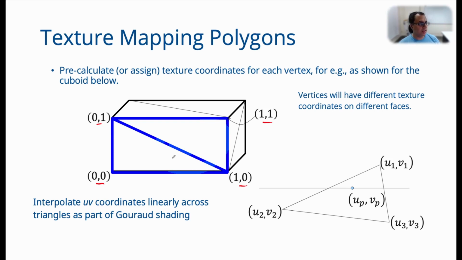in our usual anti-clockwise ordering, right? So when we specify the first triangle, if I say that these vertices are A, B, C, D, then if my first triangle is A, B, D, I will say its texture coordinates are 0, 0, 1, 0, 0, 1. And for D, B, C, the texture coordinates are 0, 1, 1, 0, 1, 1. Similarly, for triangles on the other face, we will again assign texture coordinates.